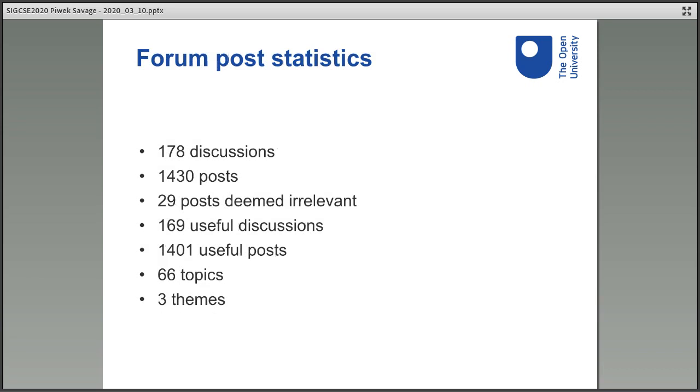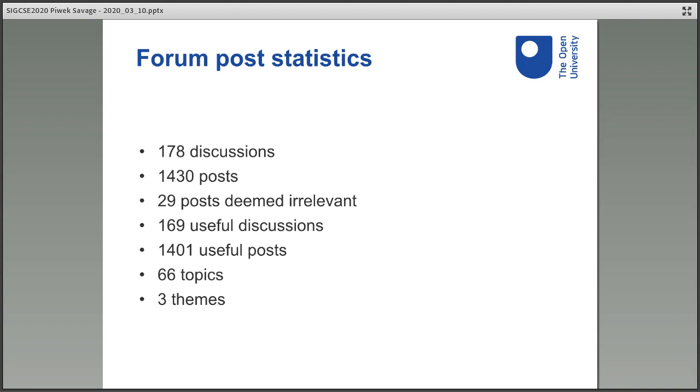Okay. So, looking at a few statistics, the Python Help Forum contained 178 discussions with a total of 1,430 posts. There were 9 discussions containing 29 posts which didn't fall within the scope of this study, such as one informing students of upcoming tutorials. These discussions have been maintained to ensure the completeness of data, but given the post type and topic type are irrelevant. Thus, there are 169 relevant discussions containing 1,401 posts.